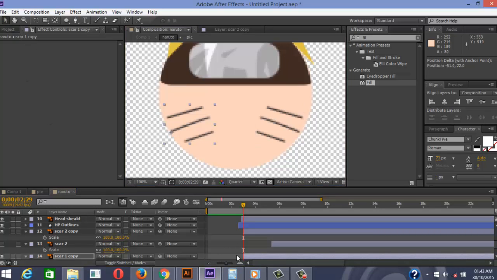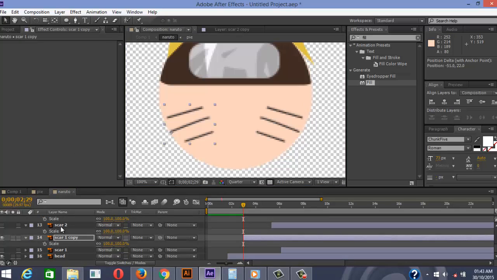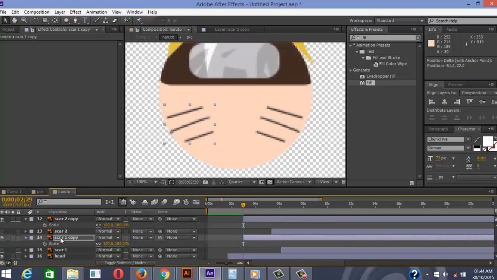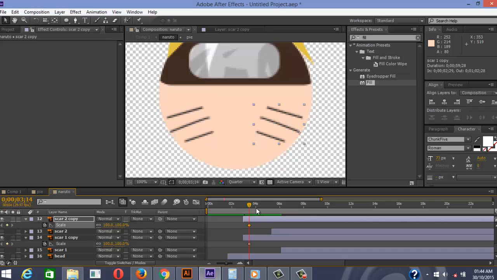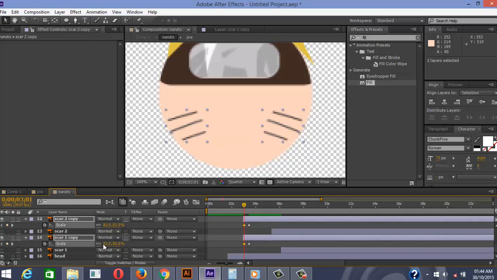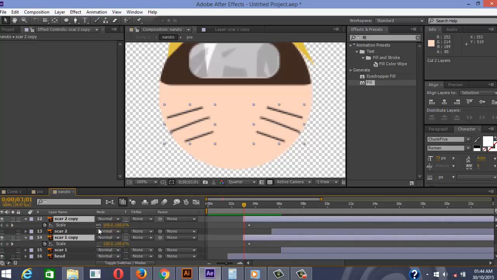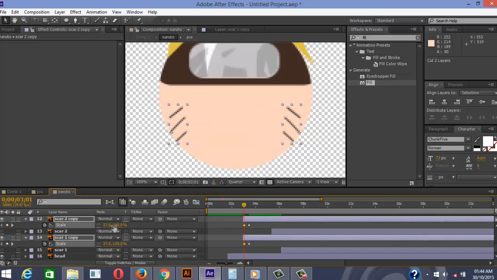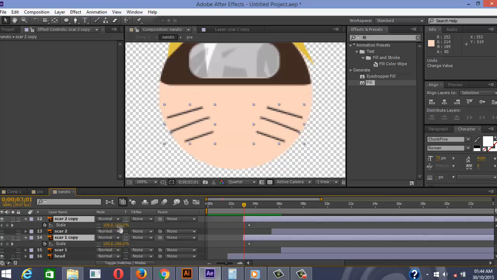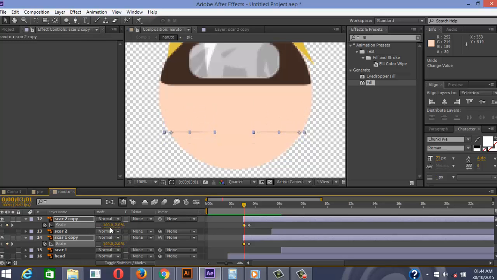Okay, so when we now maybe turn off this one without changing this. What we're now going to do is, at this point, we add our keyframes and come back here and make them 0. Make them 0. Okay, so now